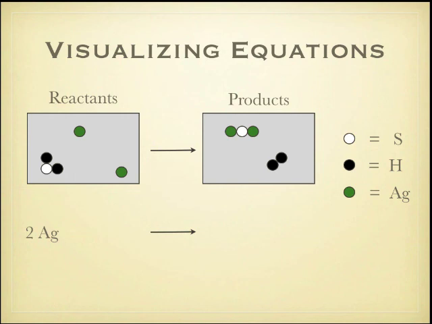And the other one, I see 2 hydrogens and 1 sulfur. So 2 separate silver atoms are going to be added to 1 H2S. This is where you get the subscript. All right, and they're all bonded together, so we write it down as one compound together, 1 unit. And they're going to combine. Now I've got, looking at the top, 2 silvers and 1 sulfur connected at the top. There's 1 molecule there,